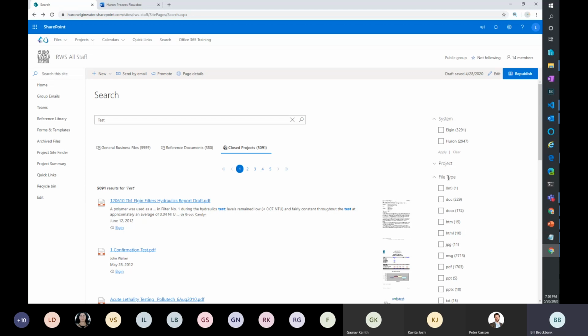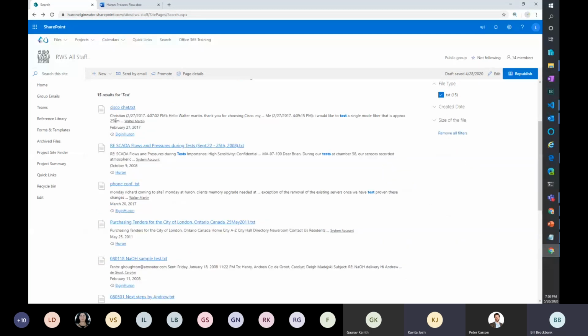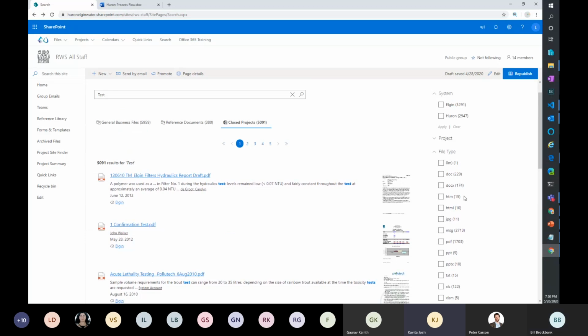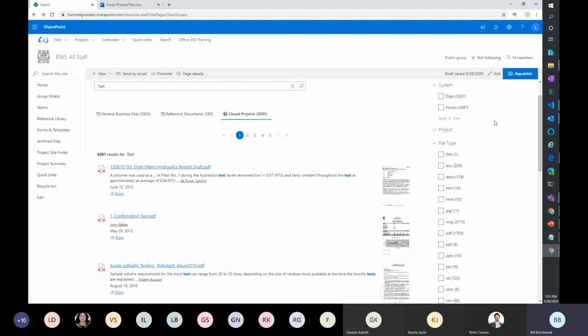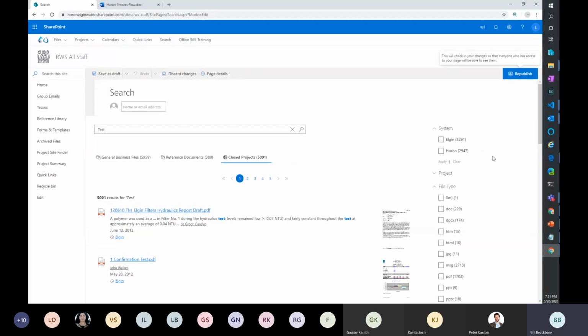So document types. So I'm looking at all the extensions. So I want to find out all my message files. There's 15 text files. So I can find the 15 text files. You see text files don't have a thumbnail, so I don't get that option. Filter. So there's no setting in the refiner when you set the refiner, because in the on-premise version you could set, right? Yeah, there isn't as much control. That's why they call it a filter control now. It's no longer called a refiner. I think that's one of the reasons, is that in general, this is just the ability to put a number of references to the refinement capability.